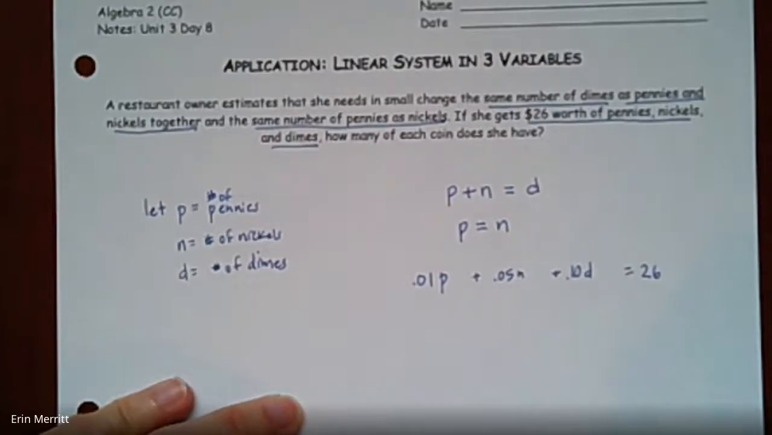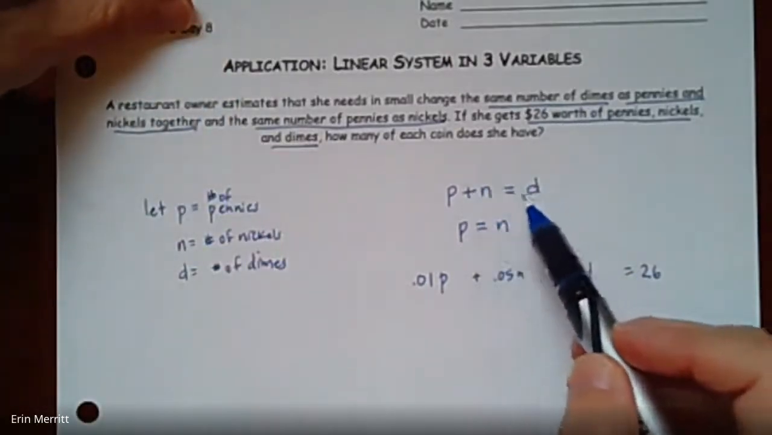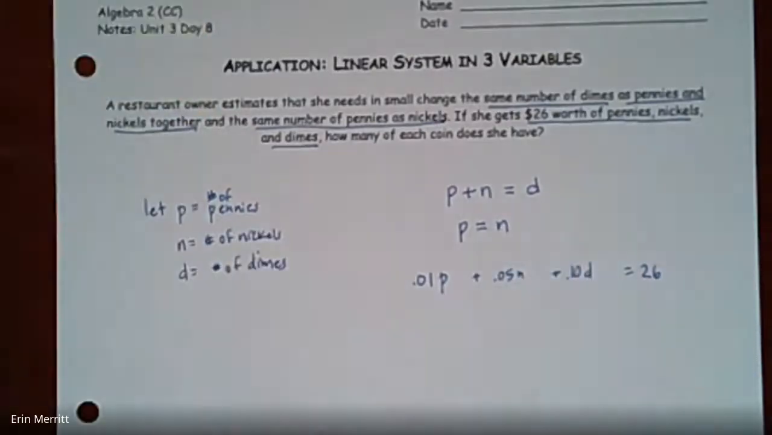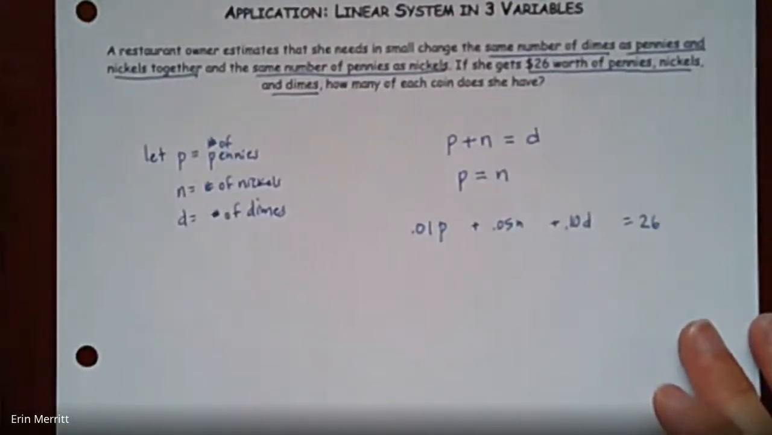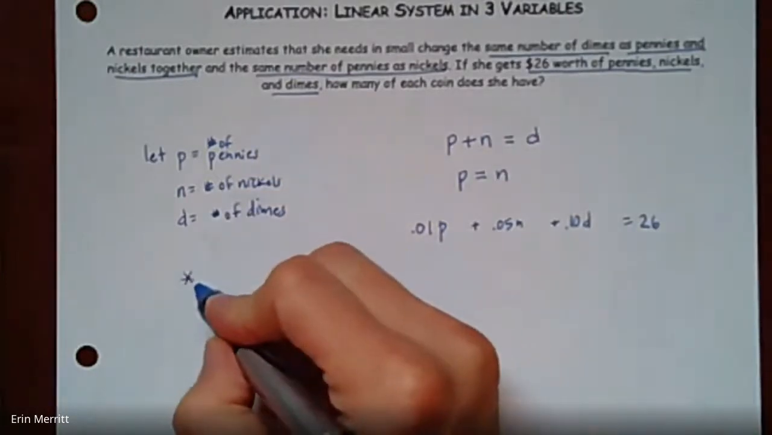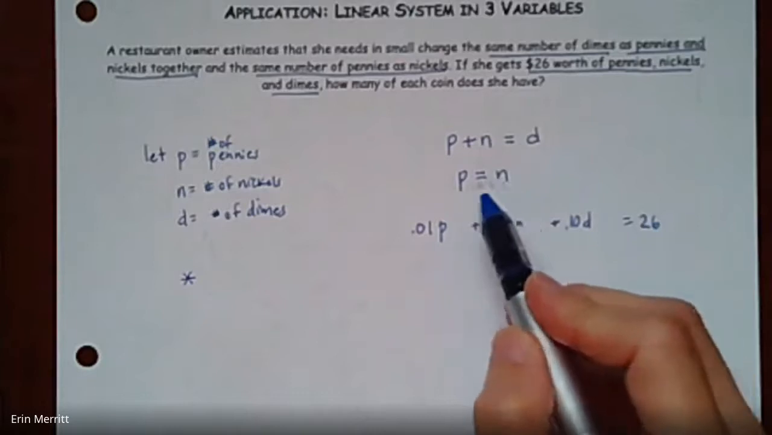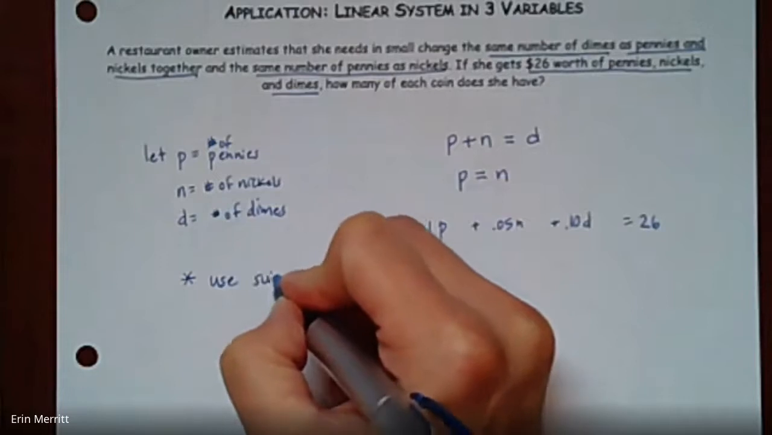All right. Now, if you want to use elimination method like we did before, what I would suggest is you have to get everything on one side. So this would be P plus N minus D equals 0, and then P minus N equals 0, and then you'd have this. Otherwise, if a question presents itself in a way that maybe substitution works better, you can use substitution. So I actually like in this one, since we know P and N are equal to each other, we can substitute one in for the other. So in this case, I would say let's use substitution,